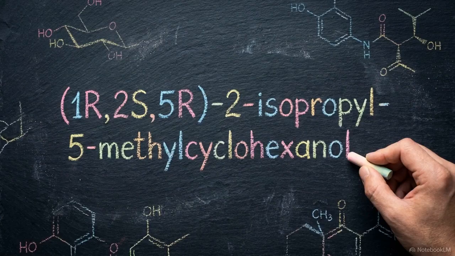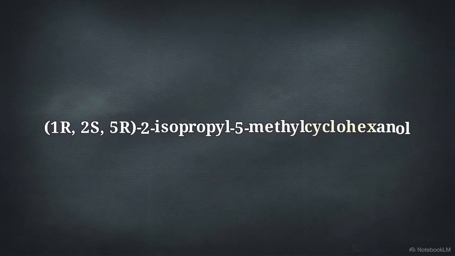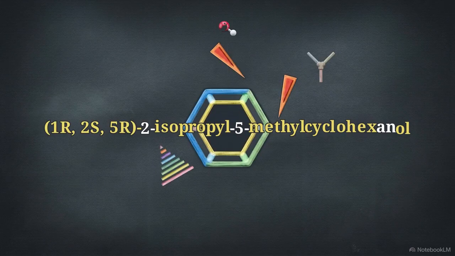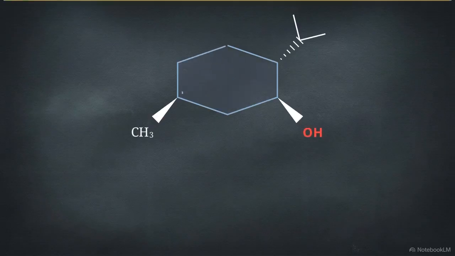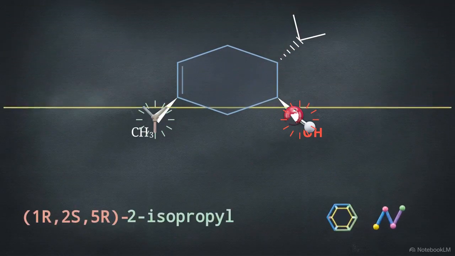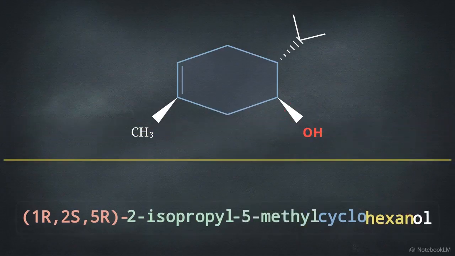Yet a chemist can transmit the precise blueprint for this exact molecule using a single string of text, a seemingly incomprehensible block of letters, numbers, and brackets that contains every piece of spatial data required to rebuild the entire architecture from scratch. The IUPAC system functions as a strict logical algorithm, a high-efficiency data compression protocol designed to parse chemical